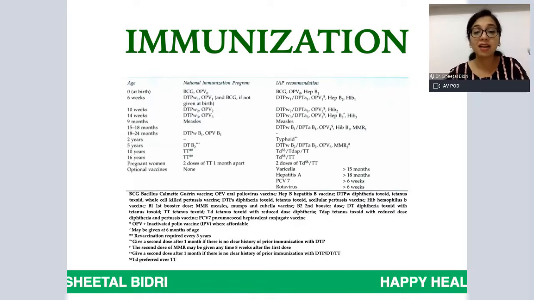They just say that the 6 month one or the 9 month one was given, or the 1.5 years vaccine was given, 9 month vaccine was given. So you should know what is there on the 9th month. You should know what is there at 1.5 years. So again, it depends on which part of the world you are in. So in India, this IAP recommendation is what has been followed. So you can have a look at it, or keep a chart beside you, so that you're not